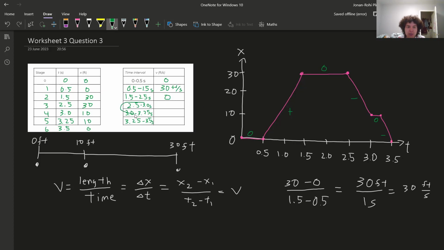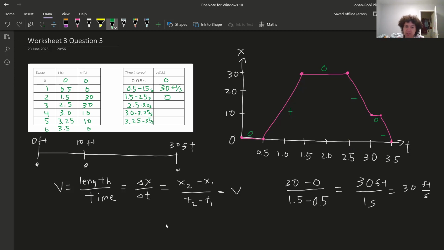But what about 2.5 to 3.0 seconds? What about this region? This is the point where, instead of using this equation, I'm going to show you how to guess. In order to guess, you need to know a few things. You need to think, how long was this time? And sometimes you can just look at it and say how long it is. For example, if this time interval goes from this point to this point, that must be a 0.5 second time